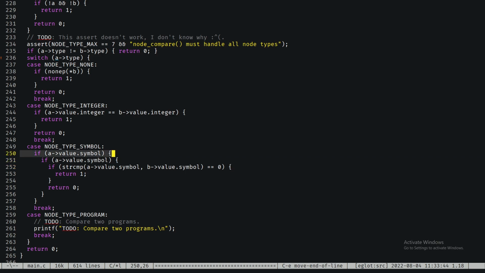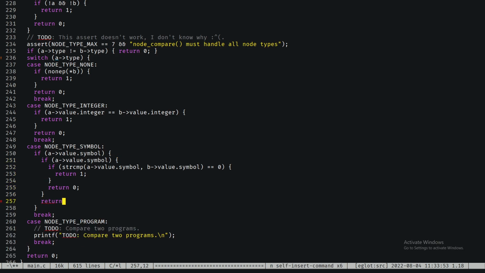So if one is a symbol, but the other one isn't, then that means that we should return 0. Not if one of them isn't a symbol. They have to both be symbols at this point. But we're just checking that their symbols are non-null. So if A has a non-null value, and B does as well,